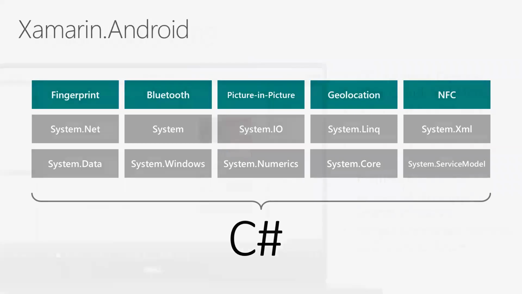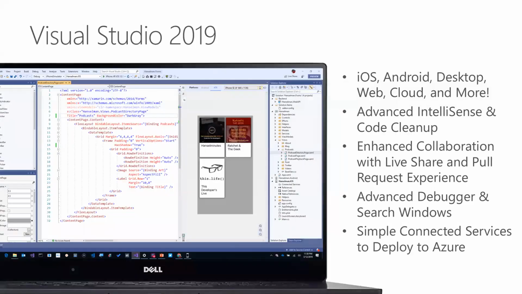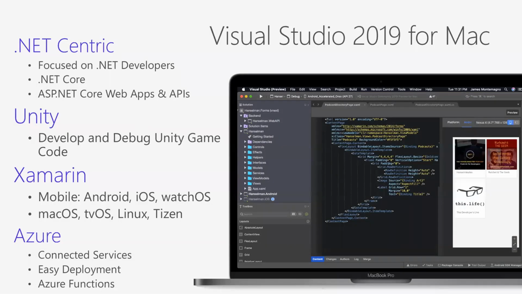And the tools you can use for Xamarin, I hope you're familiar with them. One would be Visual Studio, which is fabulous. And the next is Visual Studio for Mac. So if you are a Windows developer, same Visual Studio you'll know and love, but there is a Mac version of it. It's not Visual Studio Code. It's actually the full IDE experience. And it's mostly used for .NET and Unity. So developing and debugging your Unity games. Yeah, and we just got support for the latest .NET cores and ASP.NET Core, and I think Azure Functions in Visual Studio for Mac. So it's not just for Xamarin, which is fabulous.